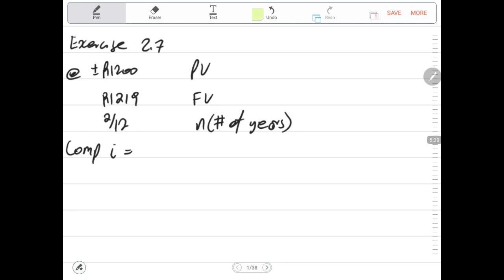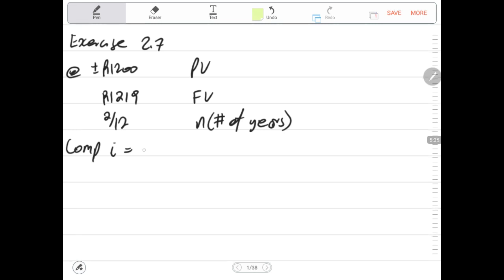So we say plus minus 1,200 present value, 1,219 is the future value, 2 divided by 12 is our n, then we compute interest. Our interest is